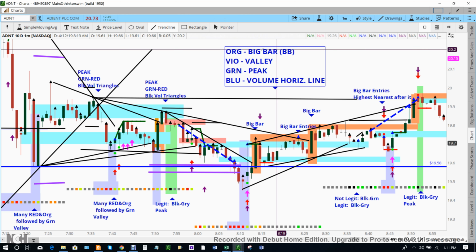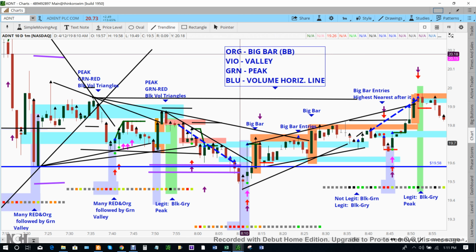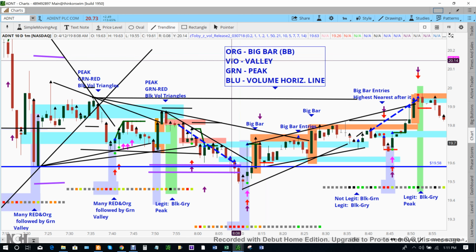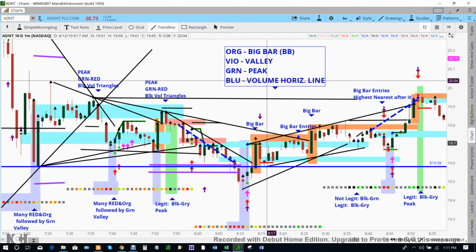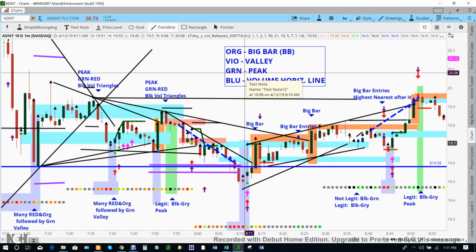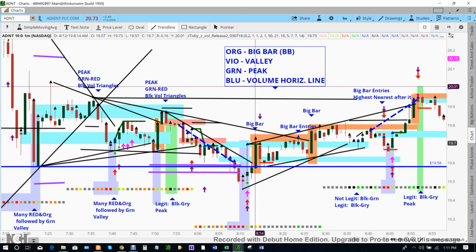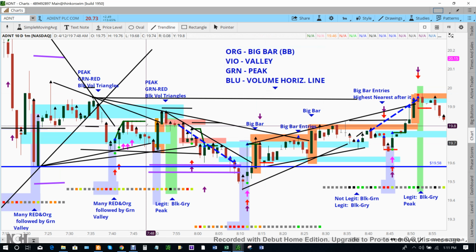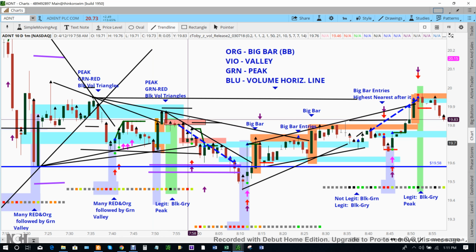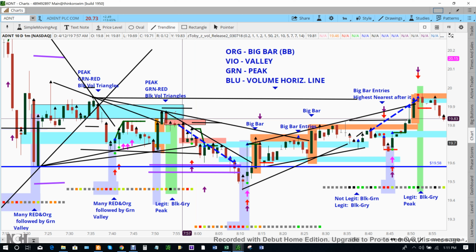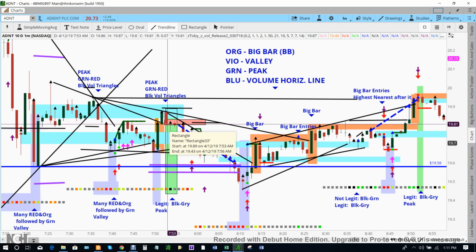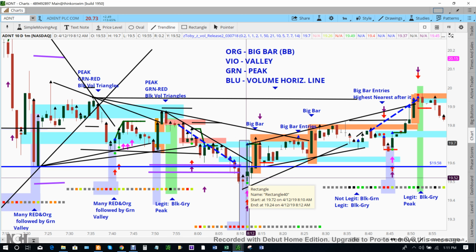So I summarize it here saying that an orange means it's a big bar, a violet is a valley, green is a peak, blue horizontal is a volume line. I didn't talk about this reddish line here, which I should have. That's a red horizontal line on a downtrend. So at any rate,